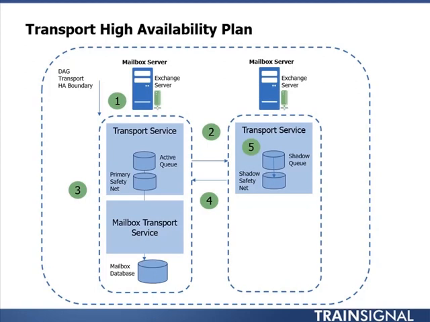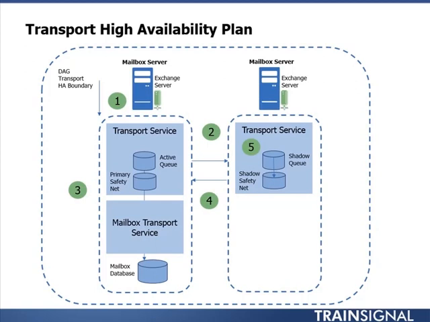So can you see how all of this is working? Just to go through it again, when the mail message comes in, the transport service opens up an SMTP session, lets it know, hey, we have to have a shadow copy of this message made on this other mailbox server. At the same time, the message goes through to the mailbox transport service, to the mailbox database,